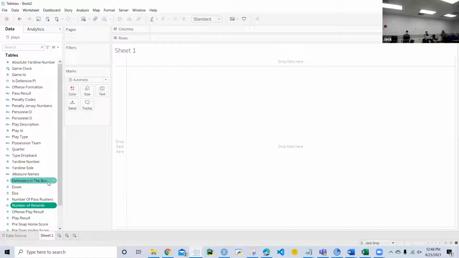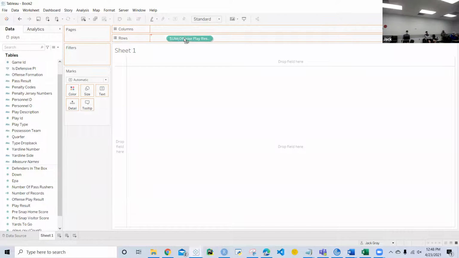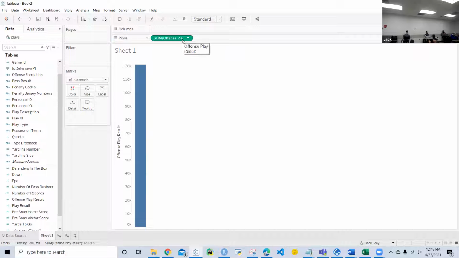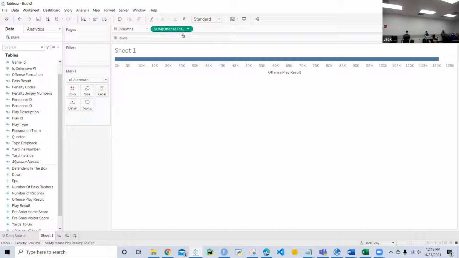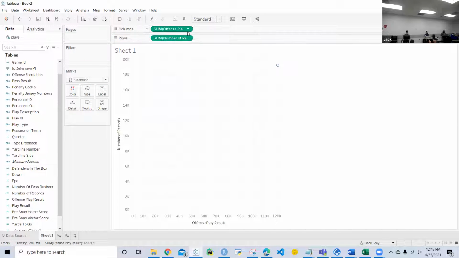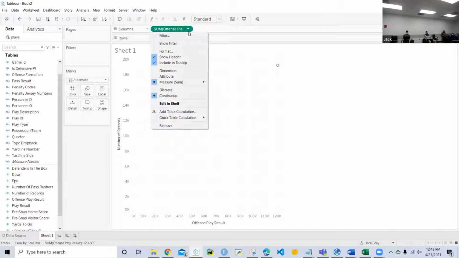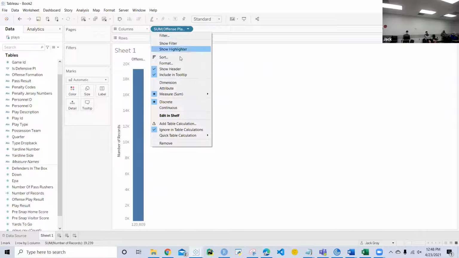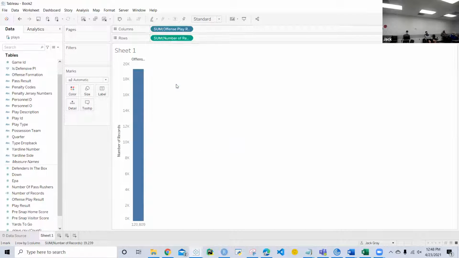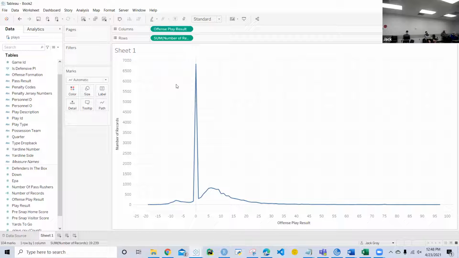So let's look at offensive play result. Where is that? Offensive play result. So this is a measure. Let's drag this to rows. Actually, let's make this columns. And actually, we can leave that there. Let's drag the number of records to rows. So if we make it a dimension,